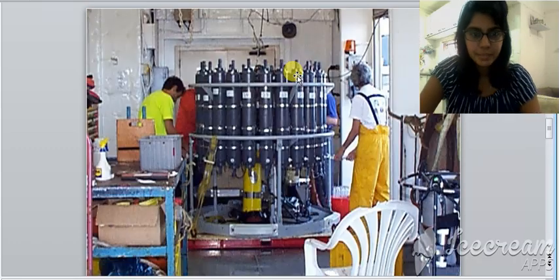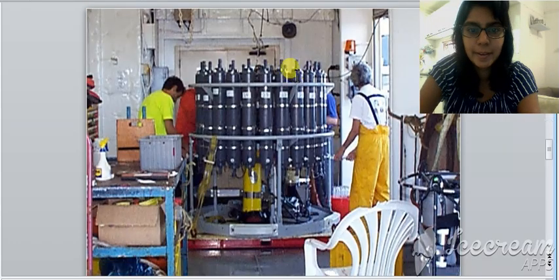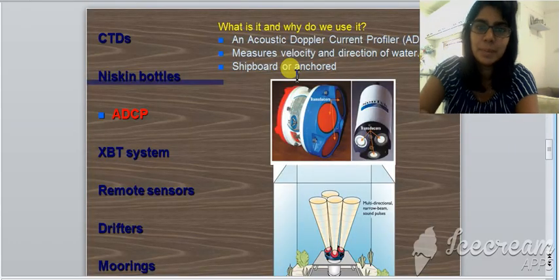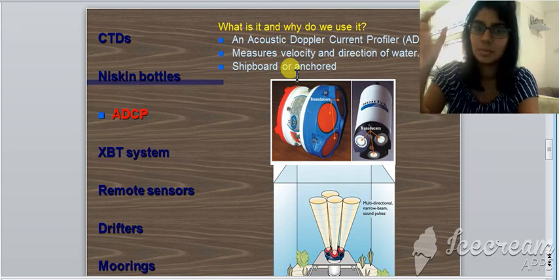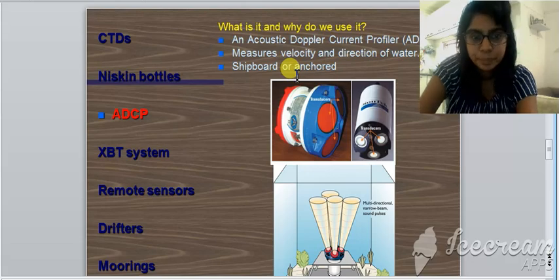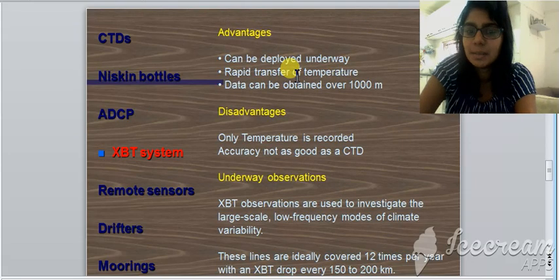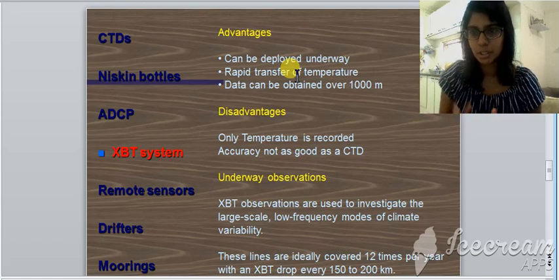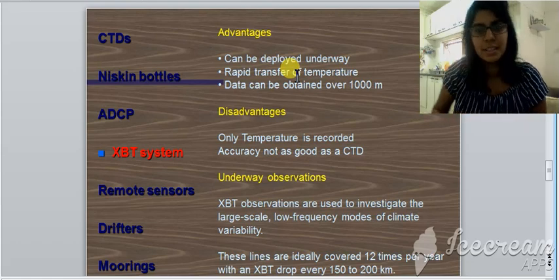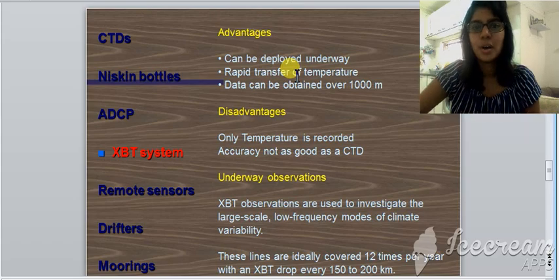And let's go for one more. Let's look at ADCP. ADCP stands for Acoustic Doppler Current Profiler, and it measures the velocity and direction of water. So it's normally anchored or shipboard. Then an XBT system. If you look at the slides, you will see a picture with a gun. You shoot it, and it's got a little piece of wire which has